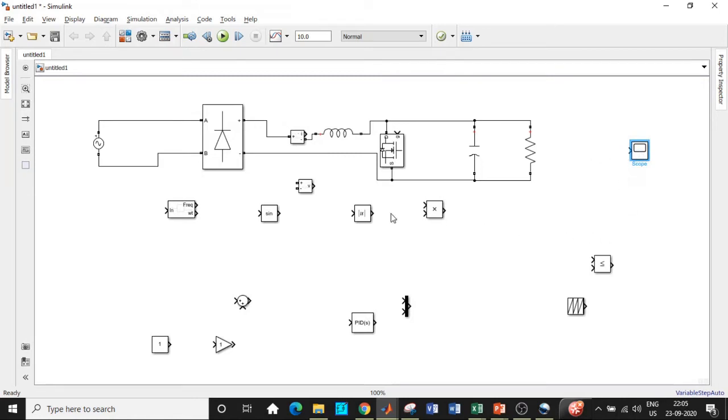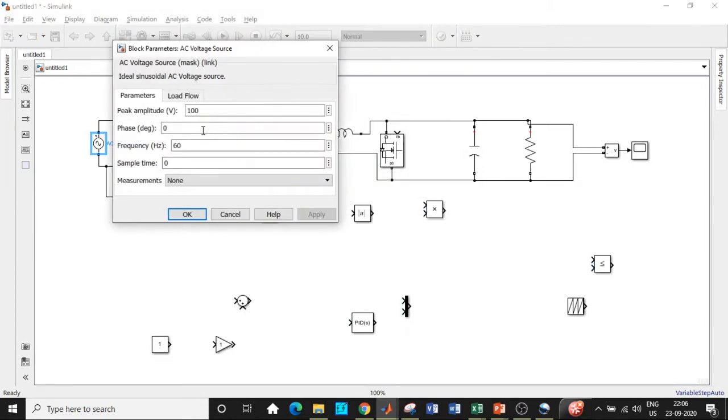Now what I'll be doing is copy pasting another voltage measurement block. I'll be connecting it between these 2 points, and I'll be giving it to the scope over here. So this is done. We need another voltage measurement block at this point with respect to the source terminals, and I'll be giving it to this point, and it in turn is given to a PLL synchronization block. So let us double click on the source, and I'll be changing only the frequency. The supply frequency is chosen to be equal to 50 Hertz.